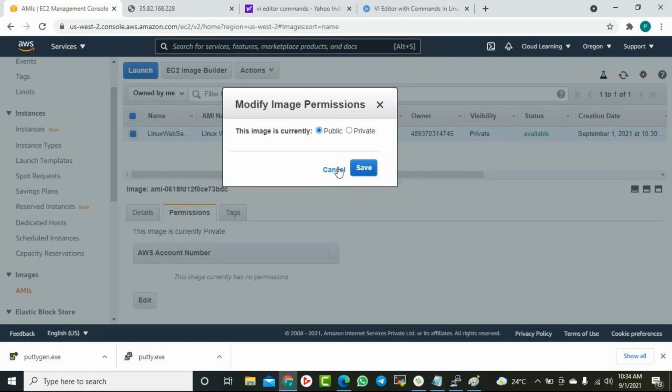Whatever AMI you created, you can delete it, and just keep the limit under 30 GB. Otherwise you might get nominal charges, that could be possible. So you need to do the practice and then delete, then there is no issue. Suppose you created one AMI today and you delete it, that is no issue at all.